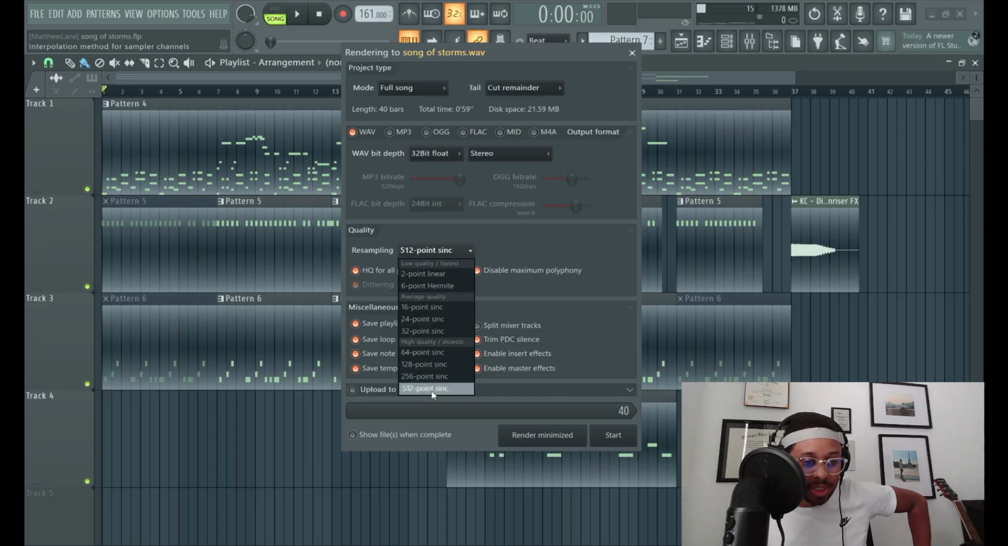Okay, 512 point sync. That obviously, you can read here. Highest, yes, that's the one we want. 512. HQ for all plugins. Make sure that's on. Make sure these are on. You can basically just copy what I have here, but dithering, make sure that's on. Dithering keeps it from distorting. So dithering is good, especially at higher qualities. And these, you could take some of these off. I just keep them on for the sake of it. All of these, and